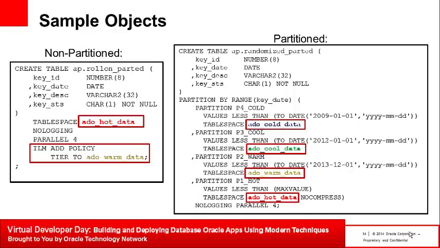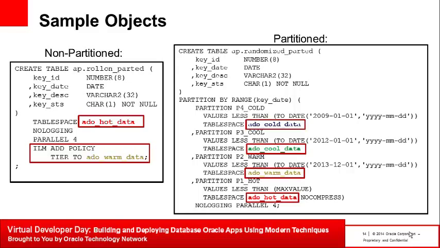I'm going to show you exactly how this works with my test cases. Let's take a look on the right side. We've got a partition table here, and again, these are the time ranges that we laid out several slides back, but take a look that I've got a cold, a cool, a warm, and a hot tablespace. And they correspond to, of course, the oldest to the somewhat more recent to the relatively recent to the right now data. Values less than max value says this is data that's after December 1st, 2013, and any other data